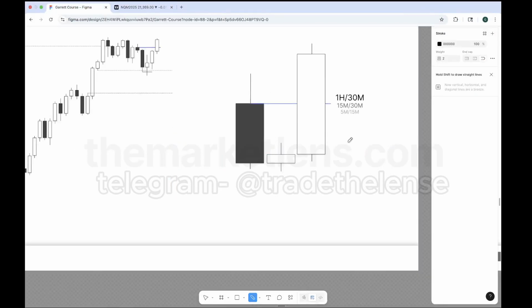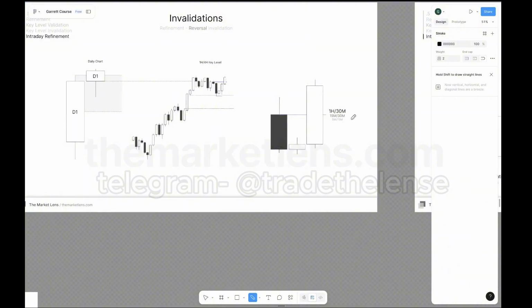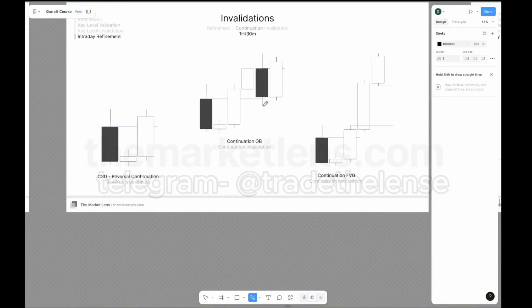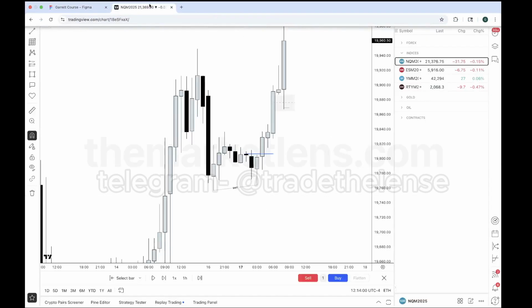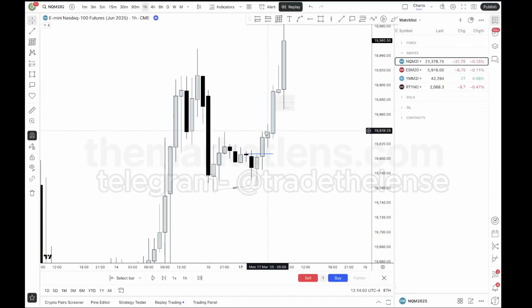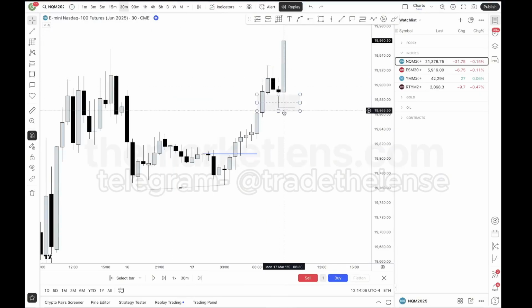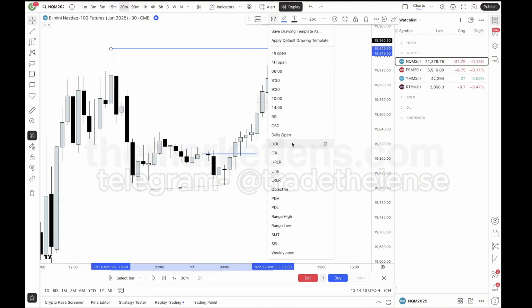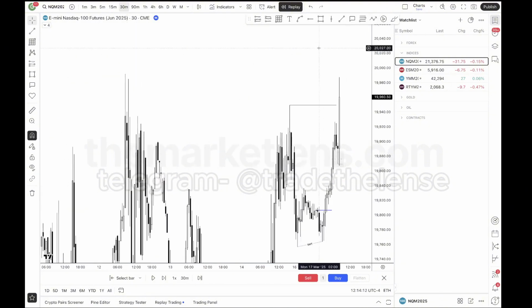And then when price expands away from the CSD, what's it going to create? It's going to create new invalidation points. So like order blocks, right? Or fair value gaps. This is the first CSD right here. So this is what we get in this scenario. We're creating fair value gaps. So we want this fair value gap to hold, right? So if we already retrace into it prior to the driver, we also want the driver to expand away from the low of day. So here's our first draw on liquidity, but most importantly, it's this high here,